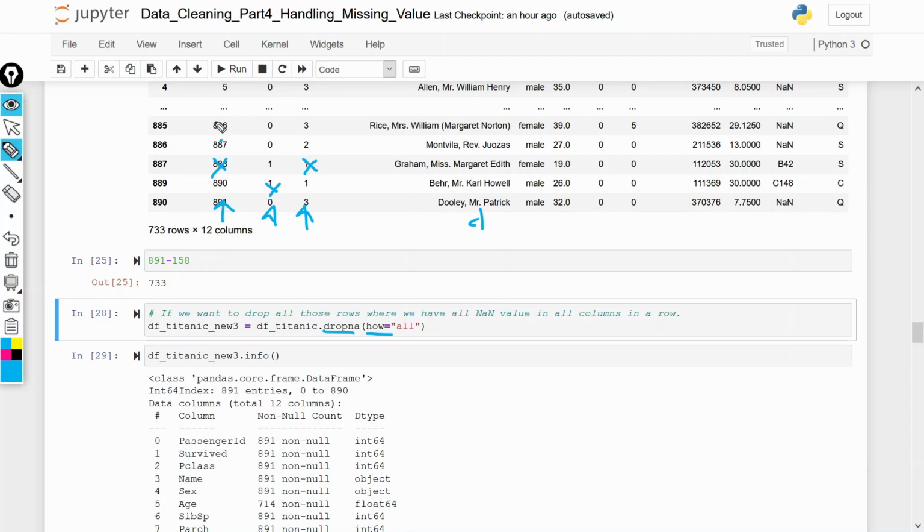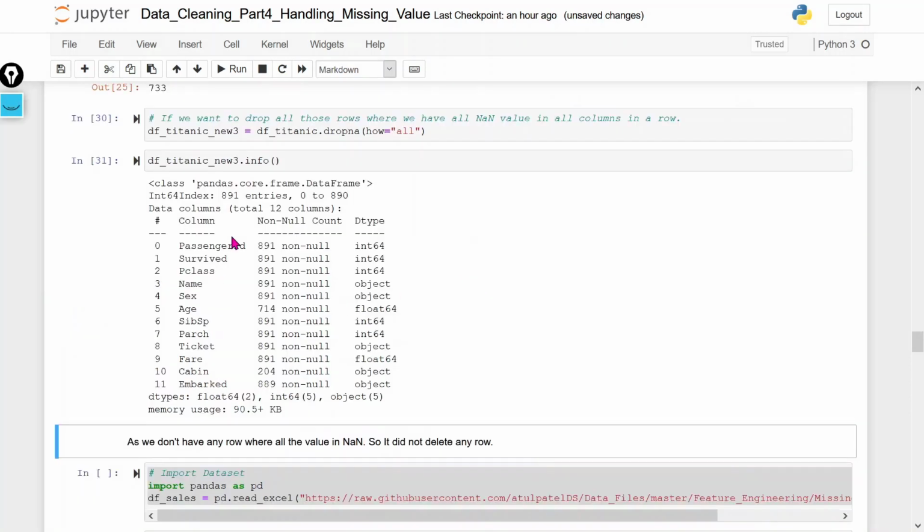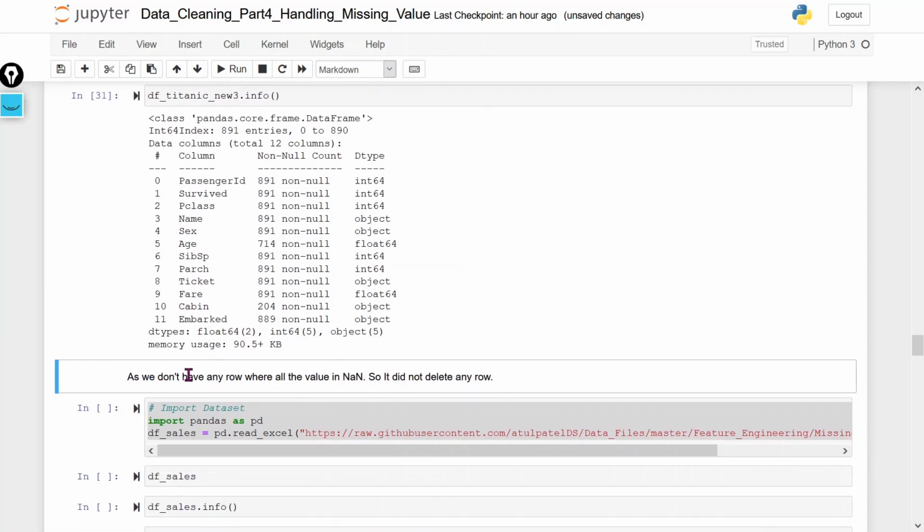After that it will verify whether there is any row where we have all null values like this. It will check this particular row, and it will delete this particular row where we have all null values. So let's check. You can see that it did not change anything. Why? As we don't have any row where all the values are null, so it did not delete any row.